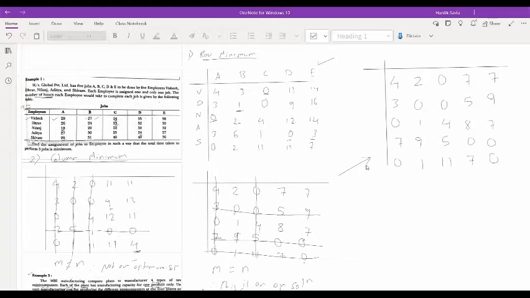हमको पता चल गया कि ऑप्टिमम है, तो हमको खाली इसमें असाइनमेंट करना है। असाइनमेंट के लिए रूल क्या है, यू हैव टू लुक फॉर यूनिक जीरो फर्स्ट, रो वाइज आपको यूनिक जीरो देखना है। अगर आपका काम उस चीज से हो गया तो बात वहीं पे खत्म। अगर आप रो वाइज यूनिक जीरो नहीं ढूंढ पा रहे हो तो फिर आप कॉलम वाइज यूनिक जीरो देख सकते हैं। तो पहले हम लोग फर्स्ट रो में देखते हैं। तो फर्स्ट